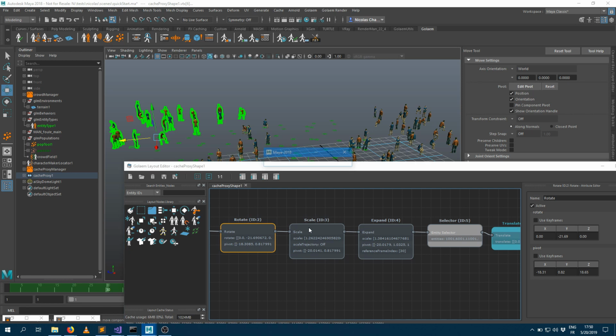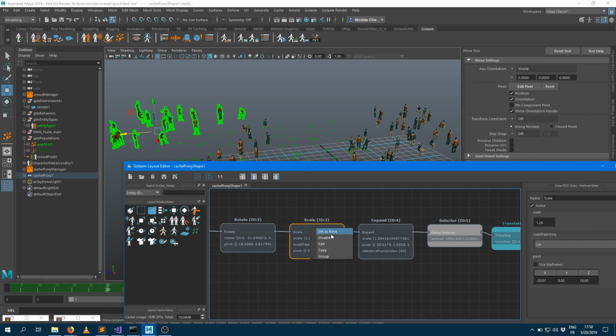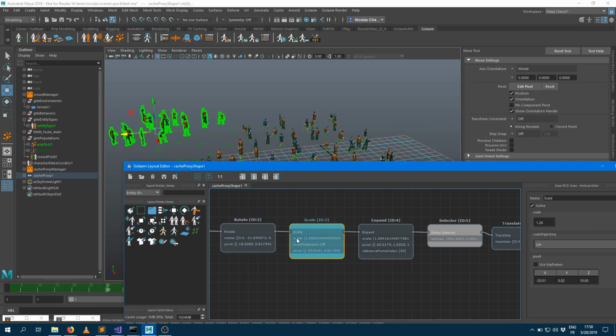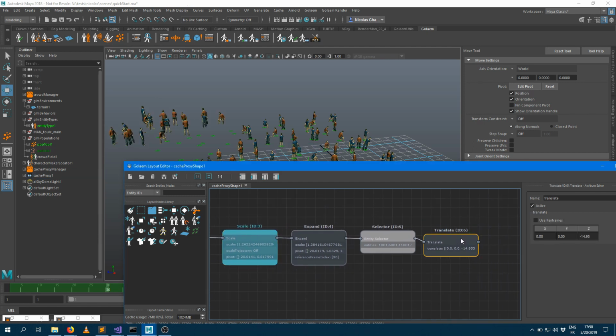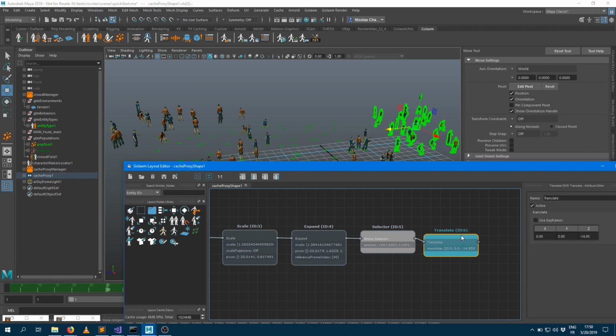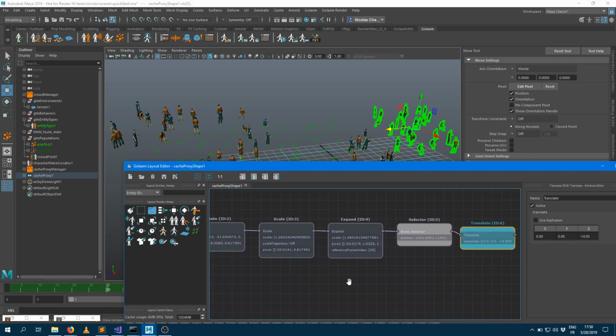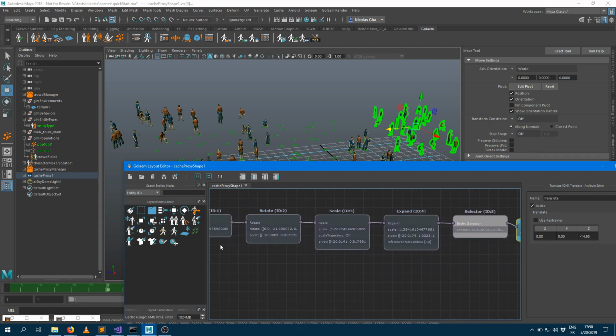So you can either select that node here and click on set as root to say that you want to only evaluate that part, or press V when you have a node selected, and it allows you to change the root automatically and change what's being evaluated. So that layout tool allows you to change plenty of things.